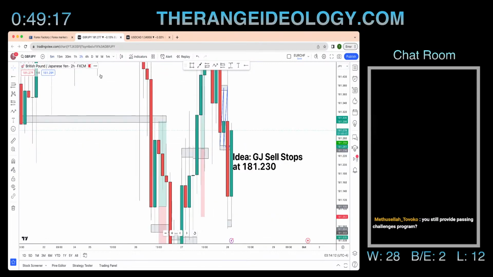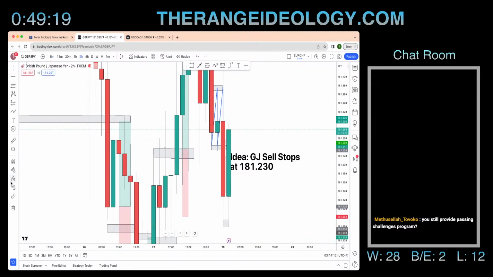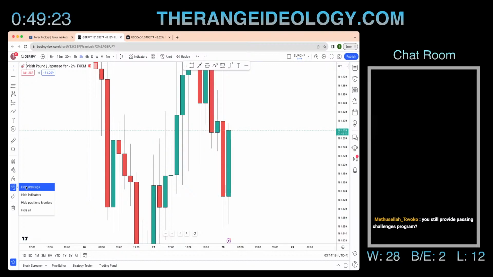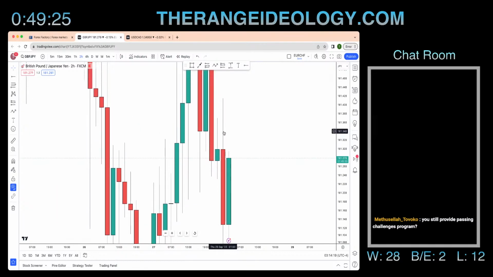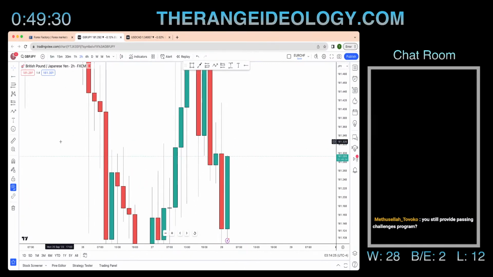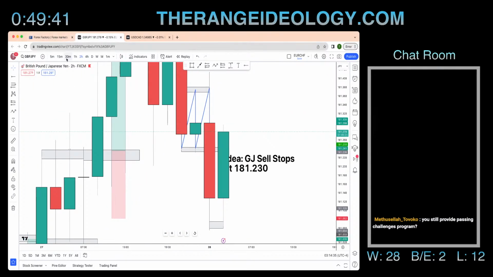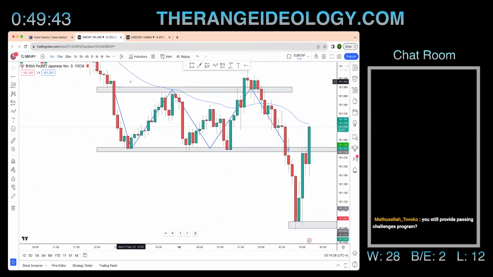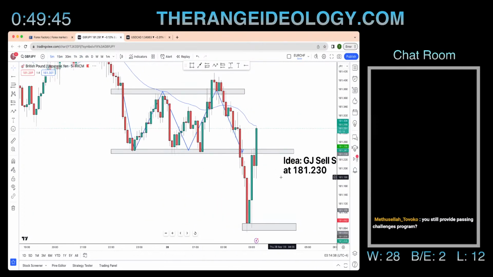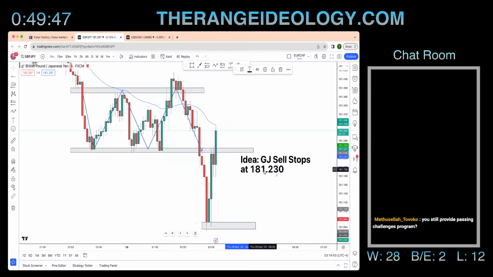And look at the 2-hour here. It looks like a clean push up here, at least to a wick level, right? You can see now on the 2-hour, it can continue push up and create a wick here, and then potentially push down. So didn't want to take that risk. Let GJ, again, it is the first 15 minutes of London opening as well. So we'd like it to relax a bit before I enter this trade idea right here,